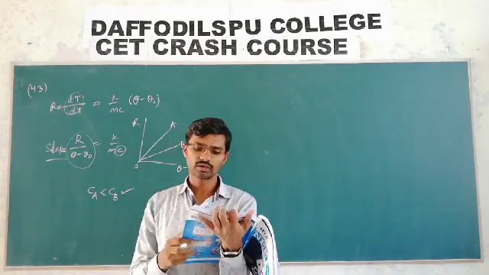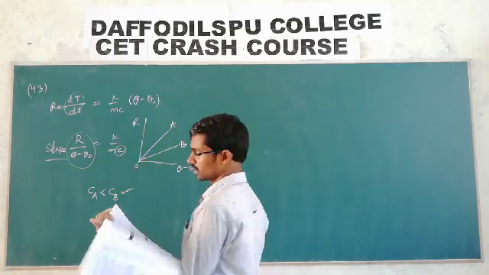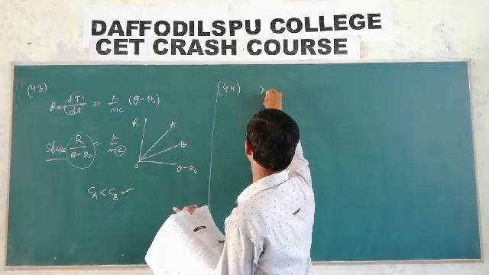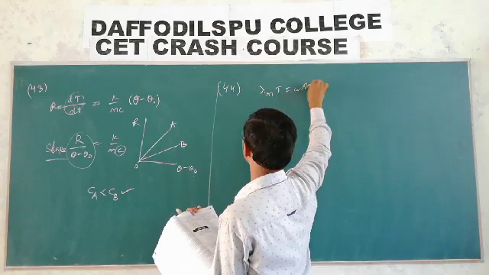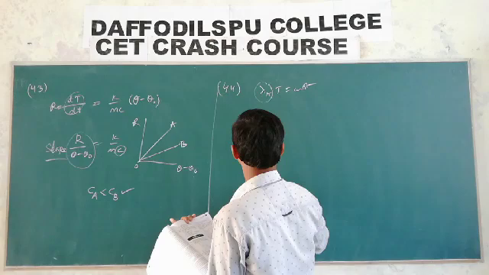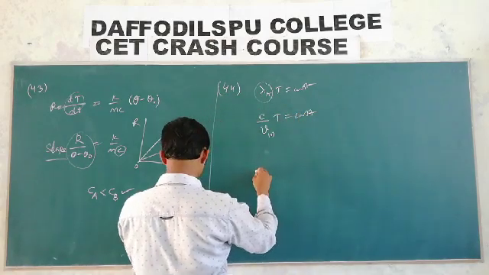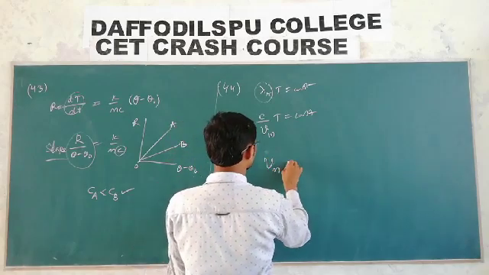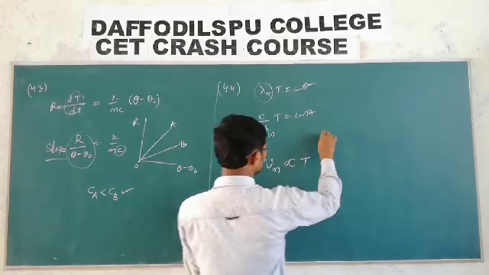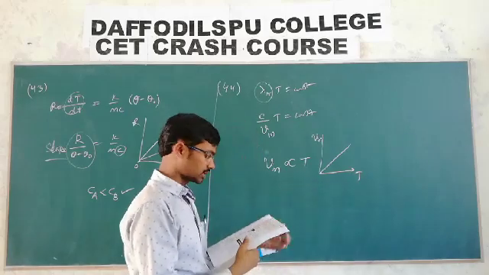44th one. Which one of the following graphs correctly represents frequency and temperature corresponding to maximum intensity? From Wien's displacement law, lambda m times T is equal to a constant, but lambda m is c by nu m, so nu m is directly proportional to temperature. So it is a straight line between nu m and T, which is directly proportional. So it is satisfied.